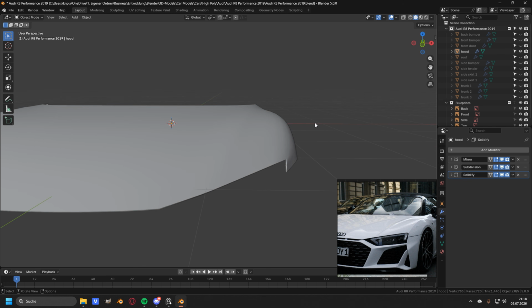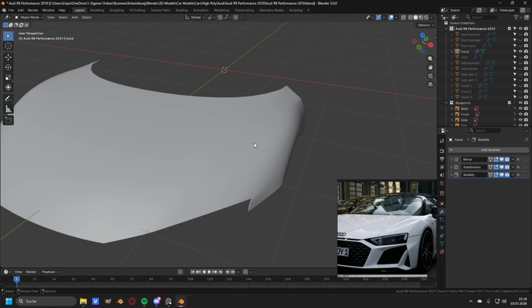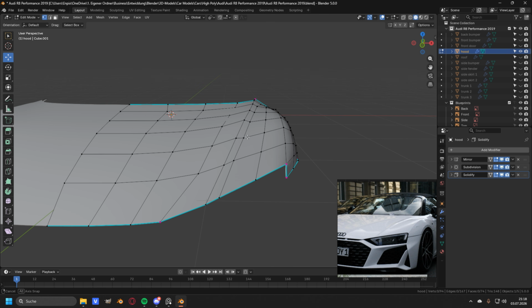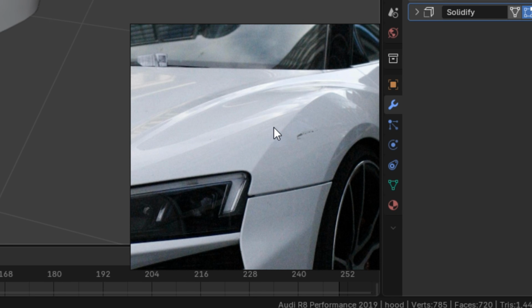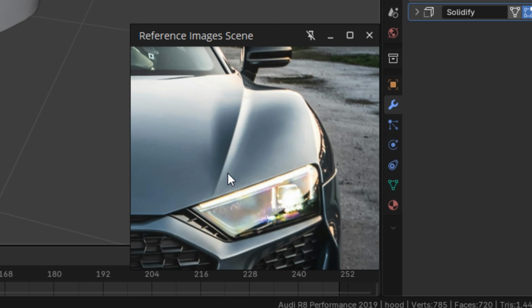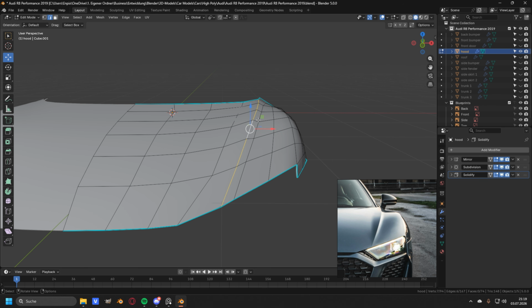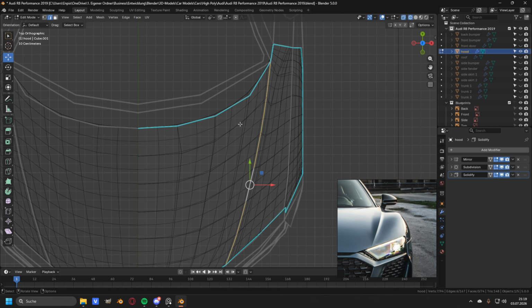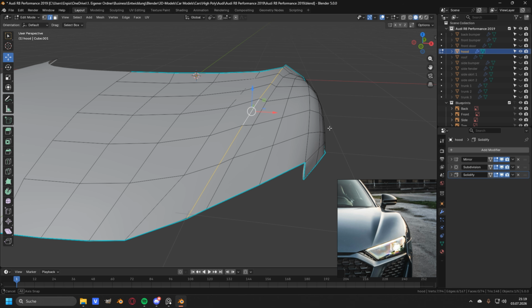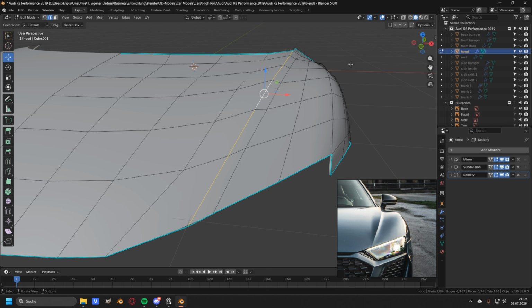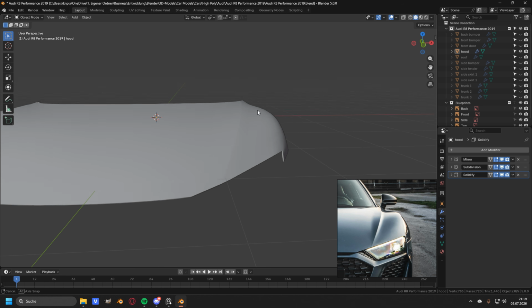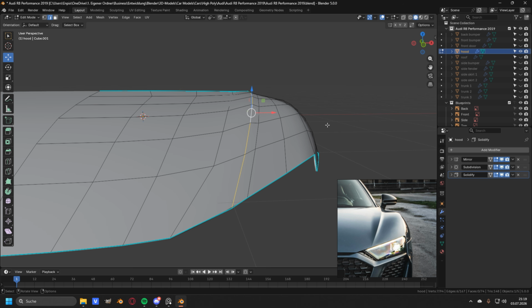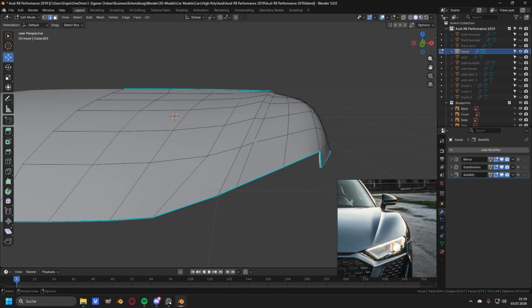But if you take a closer look at the hood, you can see that something looks off, because you do not have any sharp edges inside of the model. As you can, for example, see a sharp edge right here on this reference image, or the sharp edge right here. This edge right here is represented by this edge right here, which we can also find on the blueprint line. And if we would go ahead and select all of these edges right here and press right click and click on mark sharp, you can see that we now do have a sharp edge, but it still looks very bad. So let's go ahead and undo this with Ctrl and Z,